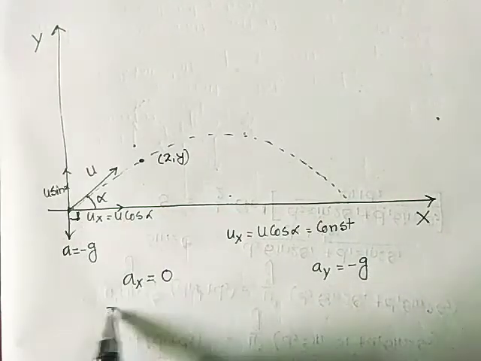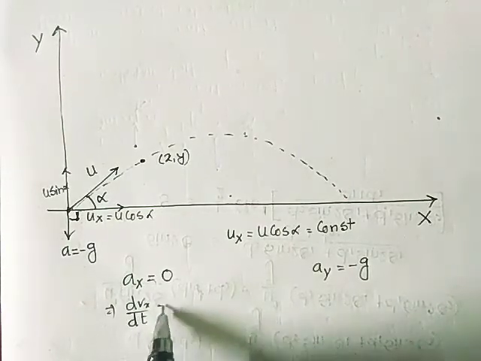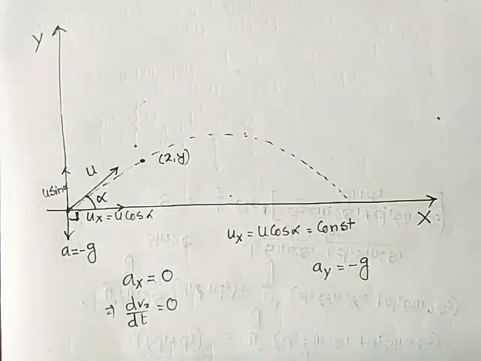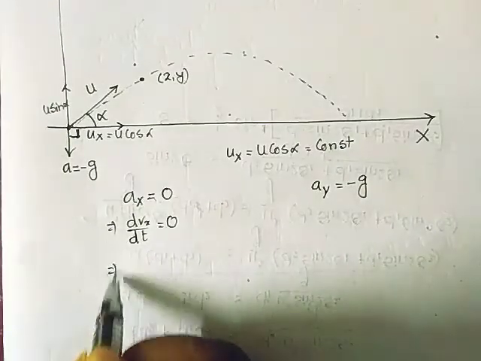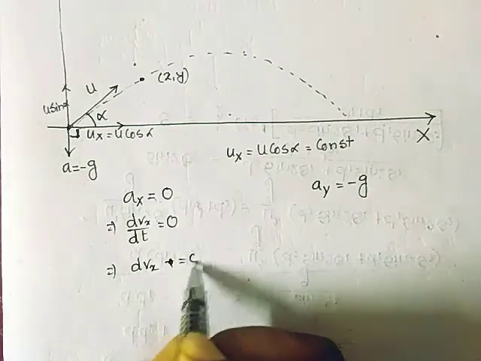So if I write this as dvx by dt equal to 0, okay, from here dvx equal to 0 into dt,